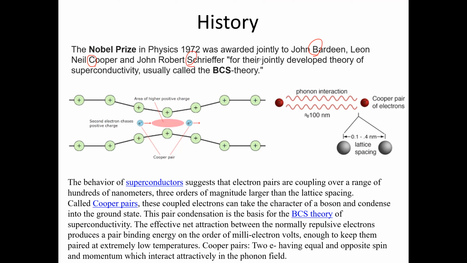BCS theory. They got the Nobel Prize in Physics in 1972 for their jointly developed theory of superconductivity. And this is called BCS theory. So let's explain this